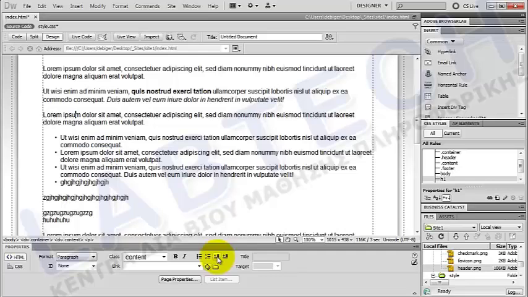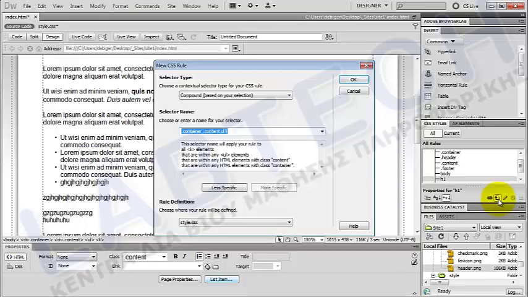I put my cursor in one of my list items inside of my unordered list. I click on new CSS Rule, and I need a compound selector because I only want to style those list items that are inside of an unordered list. But I only need the UL li tags, so I click on less specific once again, and this CSS rule is only going to apply to those list items that are inside of a UL tag, so it's not going to have an impact on my ordered list if I have any. I click OK,